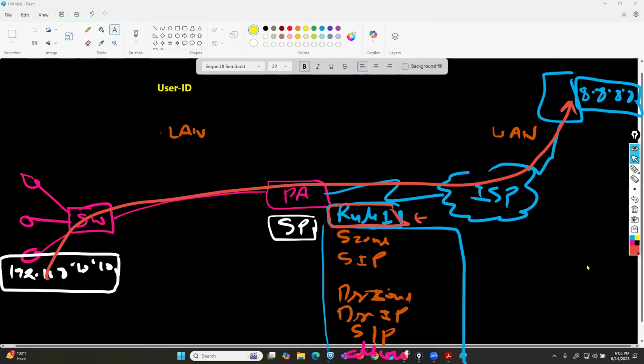We don't have full visibility. We have only IP address information. This source IP is trying to access 8.8.8.8. Maybe multiple users are working with this machine. So I don't know which user account is trying to access this malicious application, which user account is trying to click on this malicious link. I don't know. I have only IP address information. So for full visibility,